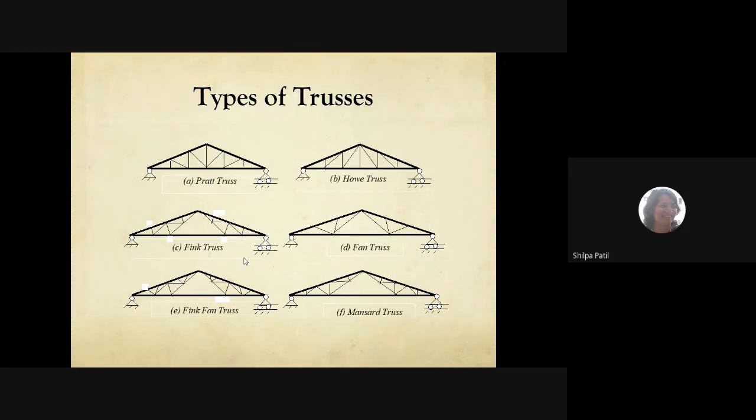Sahil. Okay, Sahil. So, the number of reactions depends upon the orientation, as you said, and orientation actually depends upon the support system. So, why is there a 3 in the formula? It is because of the number of equilibrium equations.